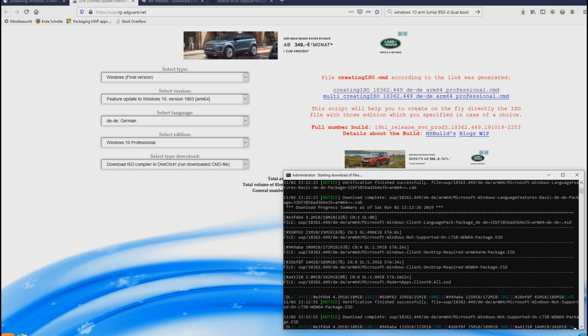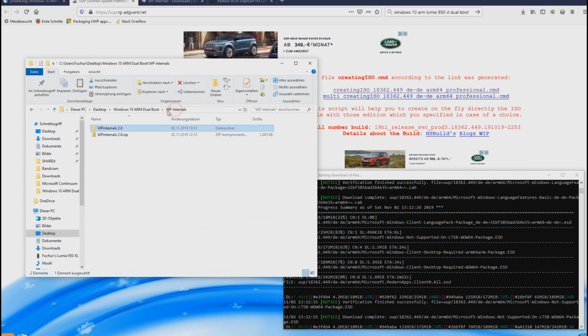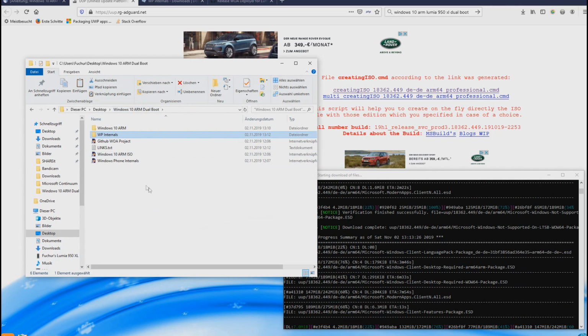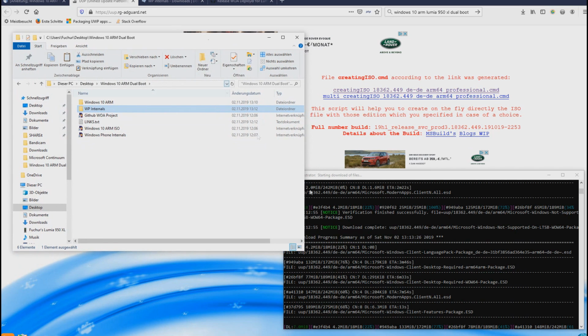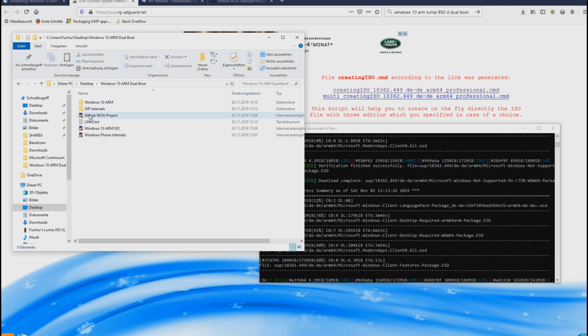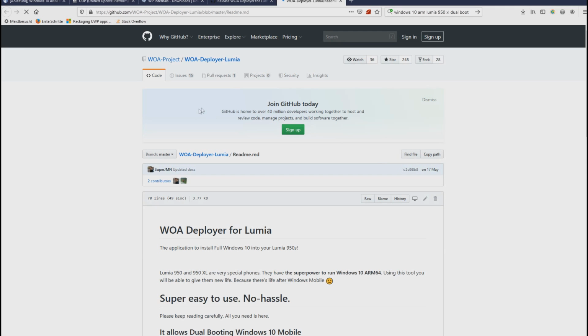This takes a little time, and I'm probably going to cut here somewhere and just jump to the final download stage. But as you can see, it just downloads all the different files. It seems to be working quite nicely, and if that is done, we are going to be here again and try stuff. Okay, but first off, let's have a look at GitHub with the Windows on ARM project, where we